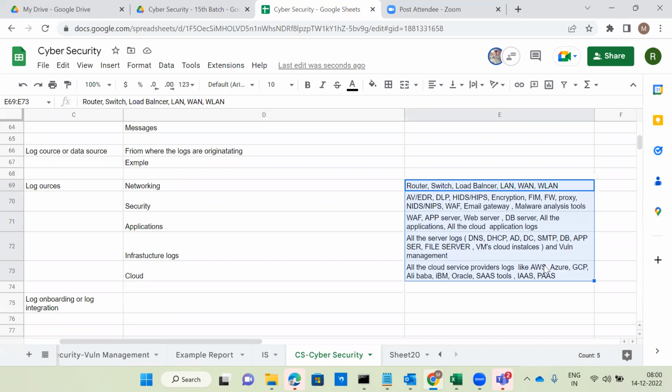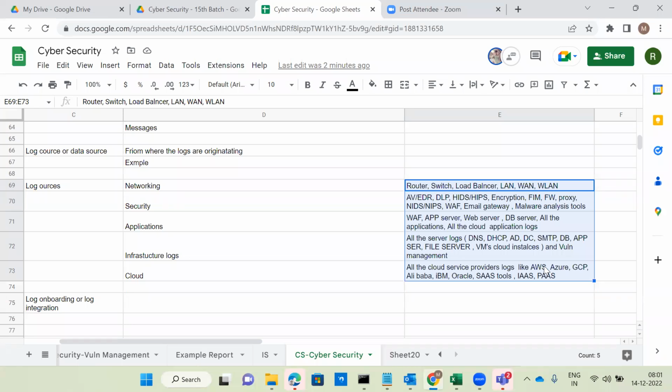Once again, will the implementation team come and integrate the log sources? No. Once again, we have to go for professional services. When you say professional services, we have to pay additional money per day. Example, $2,000. Why would companies spend $2,000 to integrate one single server's log source? So that's why in most cases integrating the log source will be done by the L3 team. Otherwise, they have to contact the implementation team, in case the premium support option is available.